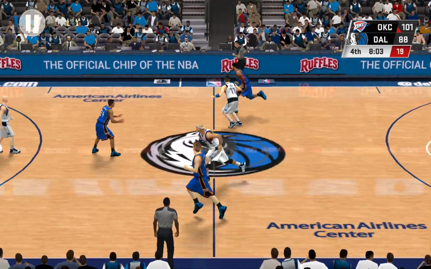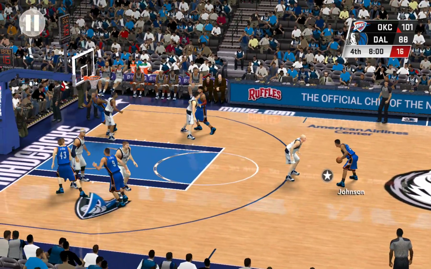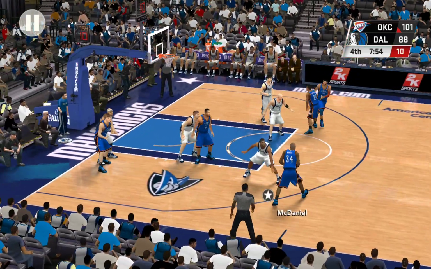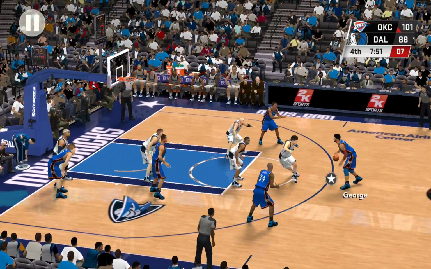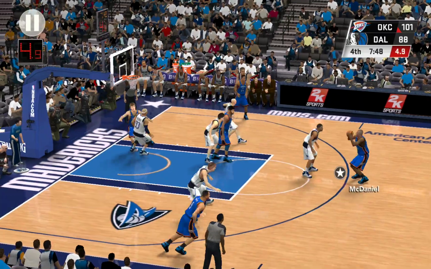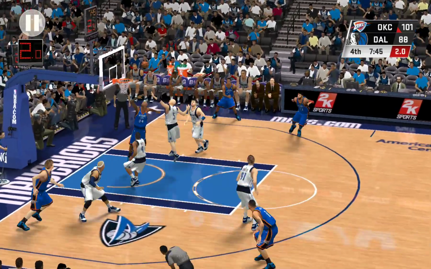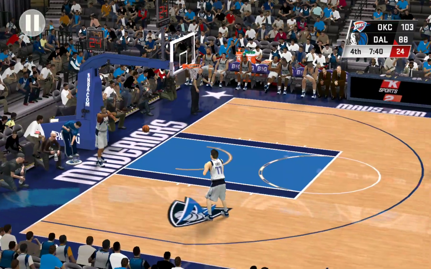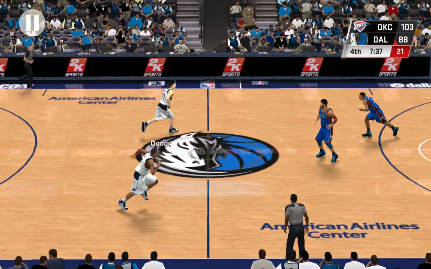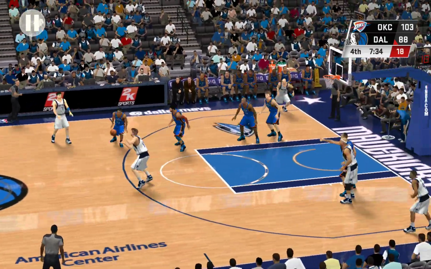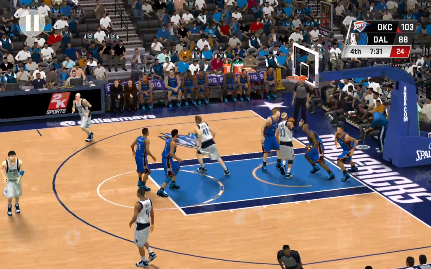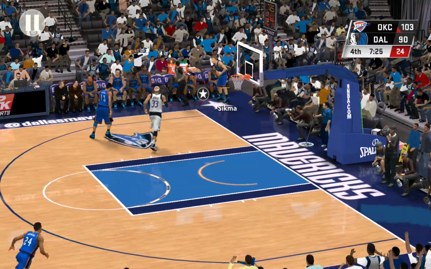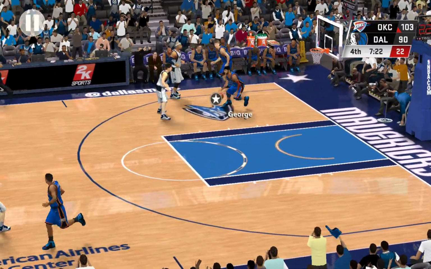Now George. And here is Johnson. Pass to George. Down to 5 on the shot clock. McDaniel, the finger roll finish at the bucket. Not trying to rattle any rims or racks there. Just up and in with the finger roll. Nowitzki outside. Inside. Hayward. And that one is hammered home. Here's George.